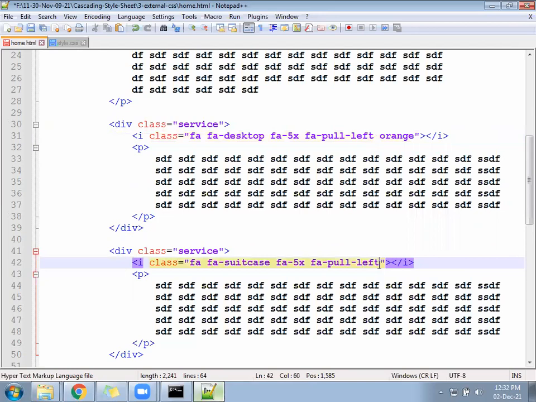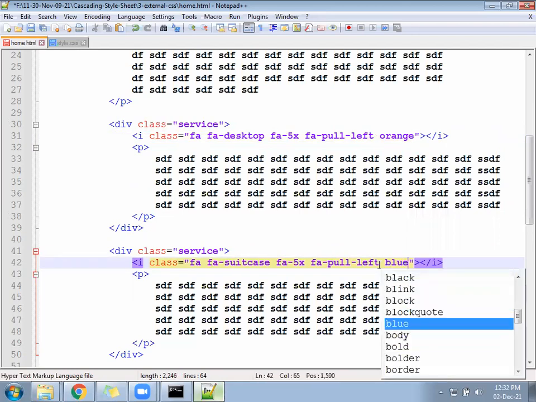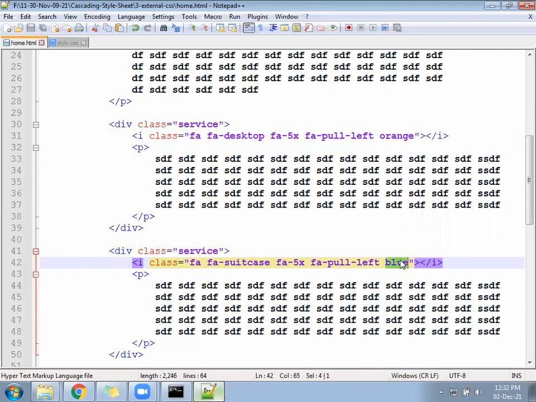Here, where you have written pull left, you can call green or yellow or blue. The blue class will get applied and the text color, icon color, will get changed.